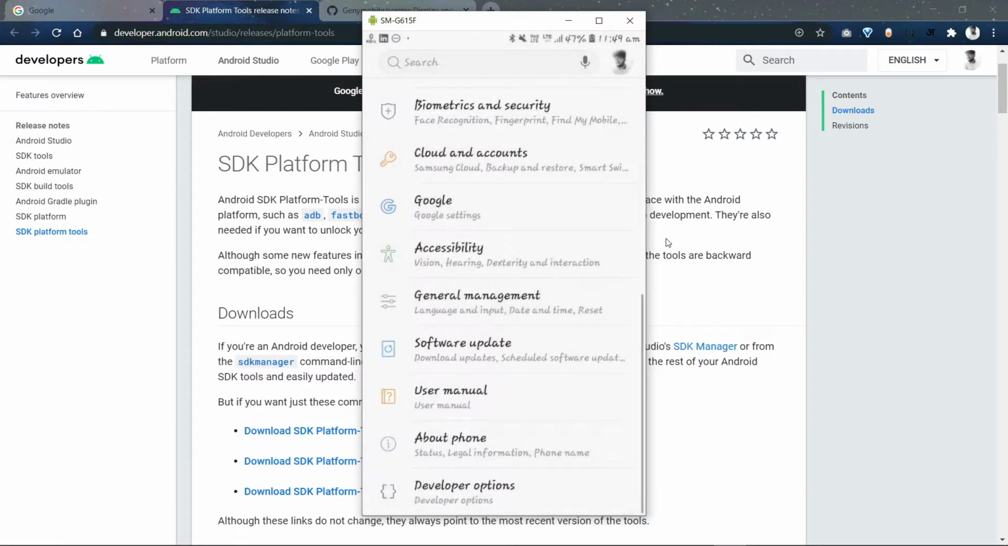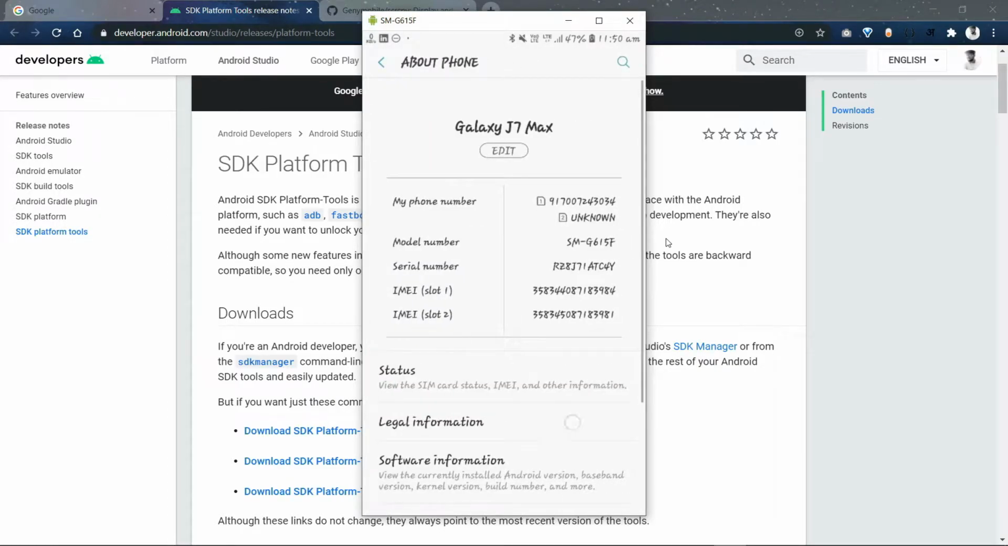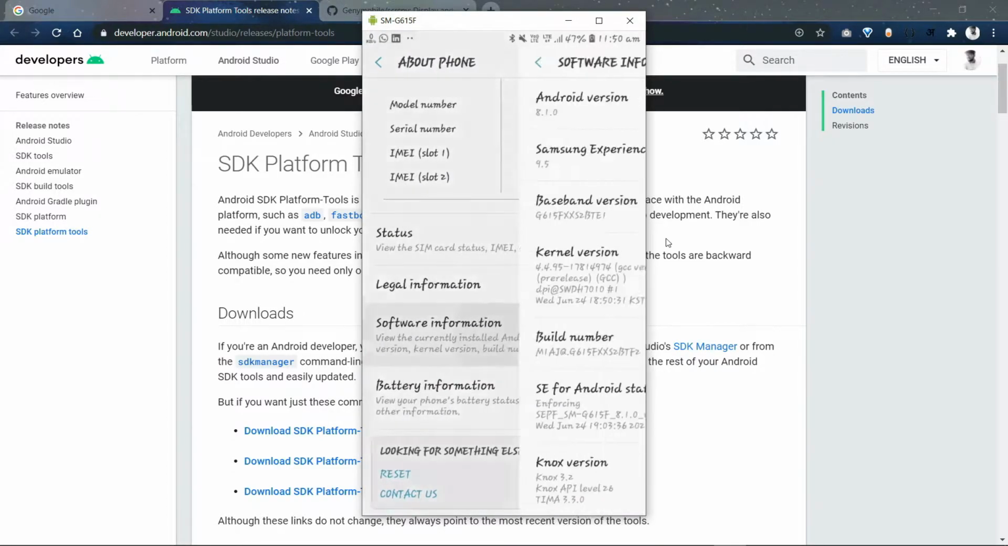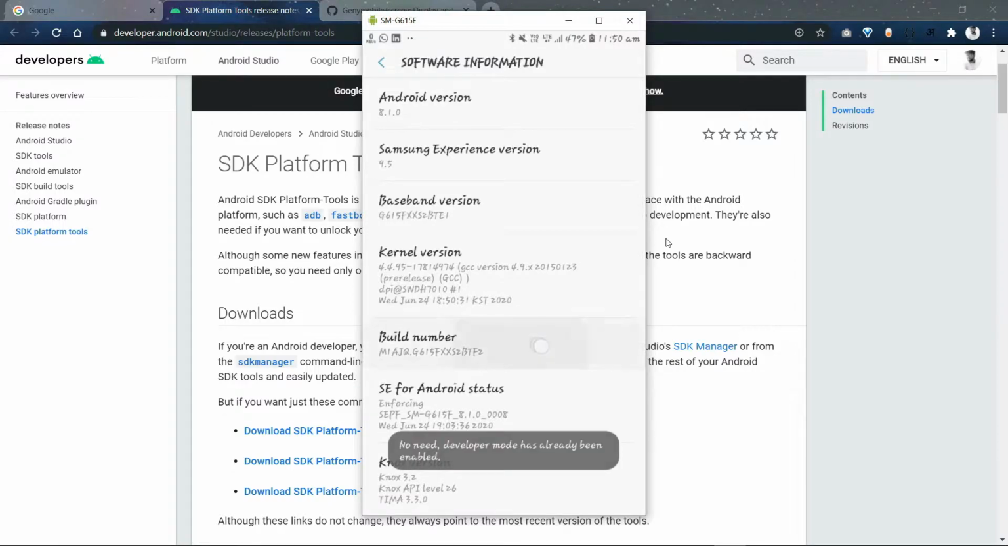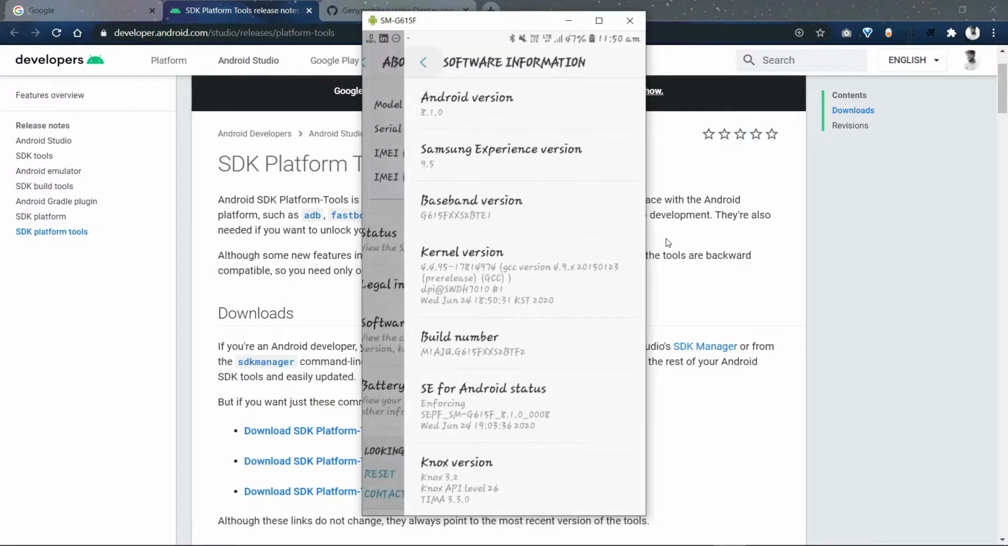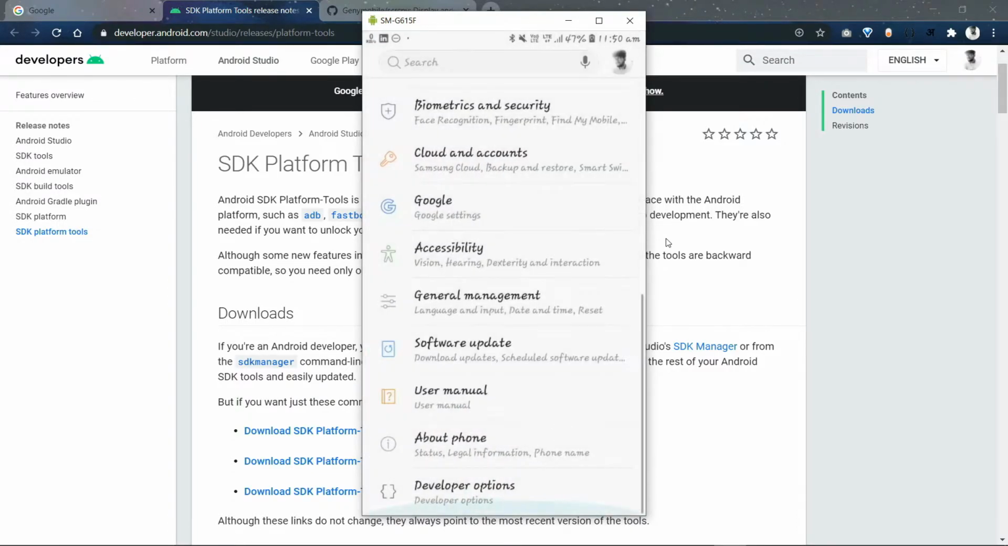If your developer option is not shown in your settings, then go to About phone, then Software information, and then click on the build number 4 or 5 times, because in my case it's already on, so it will not prompt. If it is not on in your system, it will simply say that your developer mode is on. Then go to your developer option